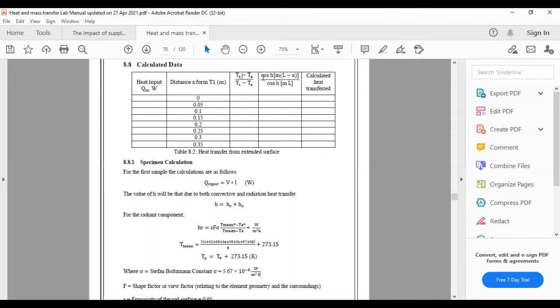The second column is basically cos hyperbolic. Cos hyperbolic is a function. You can use this in your calculators, and inside bracket this is m into length minus x divided by cos hyperbolic m into L. So now we will see what are these parameters. Basically in this parameter, this L is length of rod that is given. This x is basically the distance of respective sensor, and these distances are given here in this column. So you will use this x here as well. So in the denominator, it is L is again length.